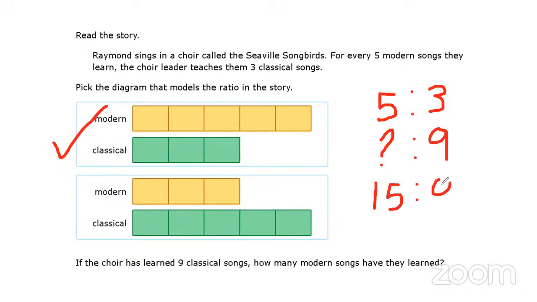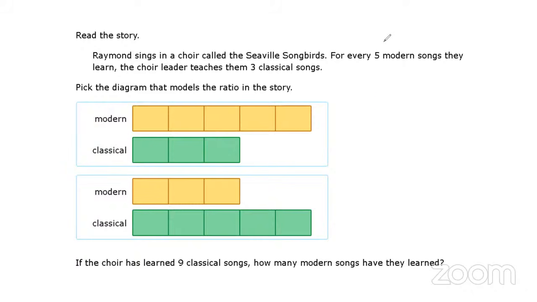to 9 classical songs, making sure that modern songs is more than classical. That is the story that we were presented with. So if you say 15 to 9, you are very much correct, and therefore how many modern songs have they learned? 15 modern songs. Nice. Brilliant. I see you guys rolling with me and I'm really proud of that. Lovely. Let's go to our next